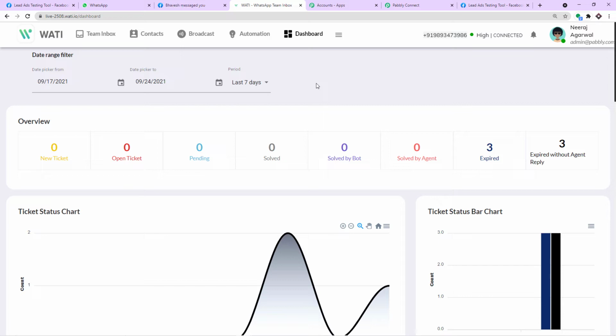Now if you're interested to know how you can log into a Wati account, how you can create your account, how to create templates, and how you can send messages using Wati, we have an excellent video which is added as a link in the description box. Just click on that link, and the video is awesome. It will teach you everything. This is basically the dashboard of Wati. We are going to integrate Wati to Pabbly Connect.